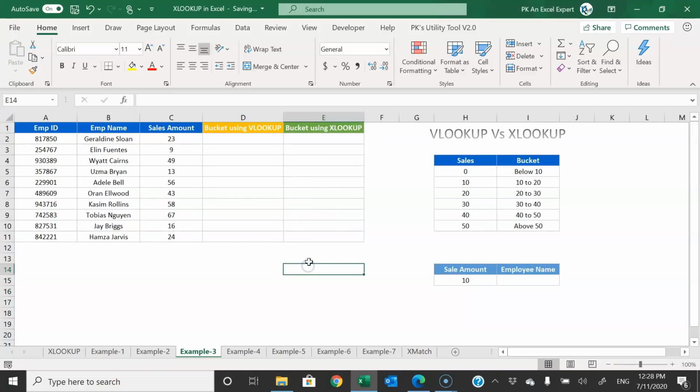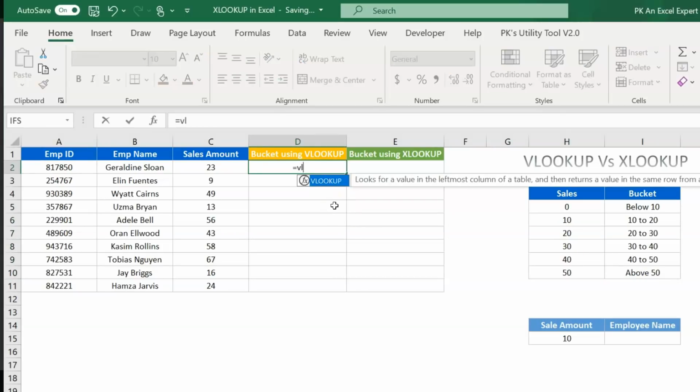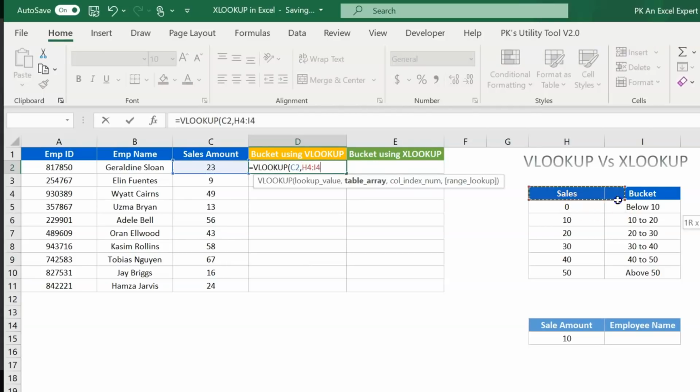In the next example we will see how we can create buckets using VLOOKUP as well as using XLOOKUP. Let's say we have the employee ID, employee name and sales amount. Here we have our bucket table. If we have 0 to 10, then we will put below 10, and 10 to 20, then it will be 10 to 20, and similarly for the other buckets. Create the buckets using VLOOKUP. We will use VLOOKUP. Then lookup value we will take sales amount. Select this table array, press F4 to freeze this,